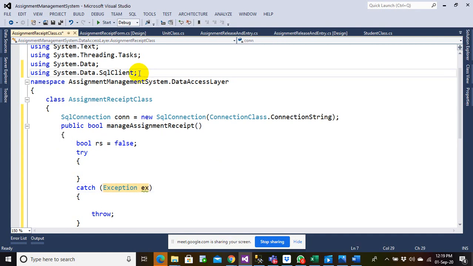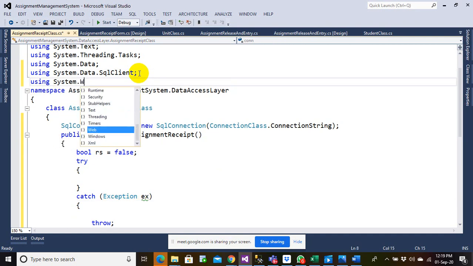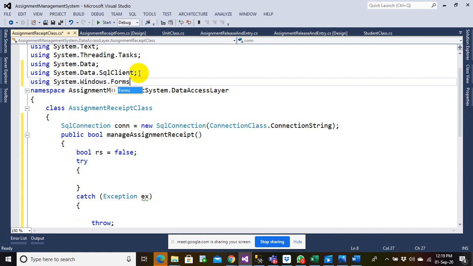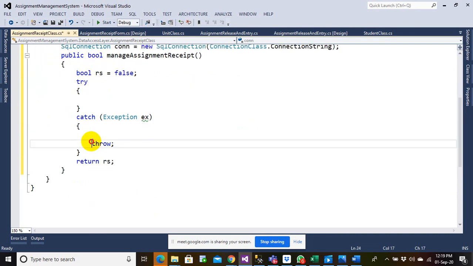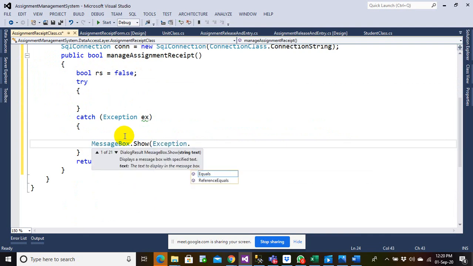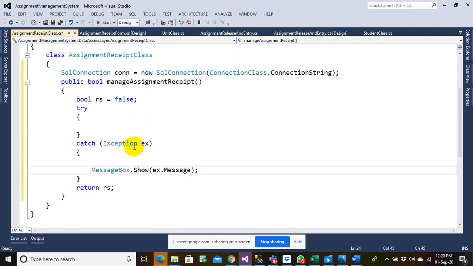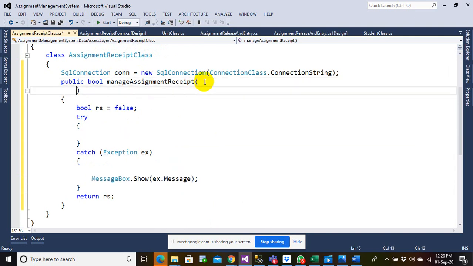Let me have using System.Windows.Forms so that I can add it. Okay, so let me have all these parameters here.